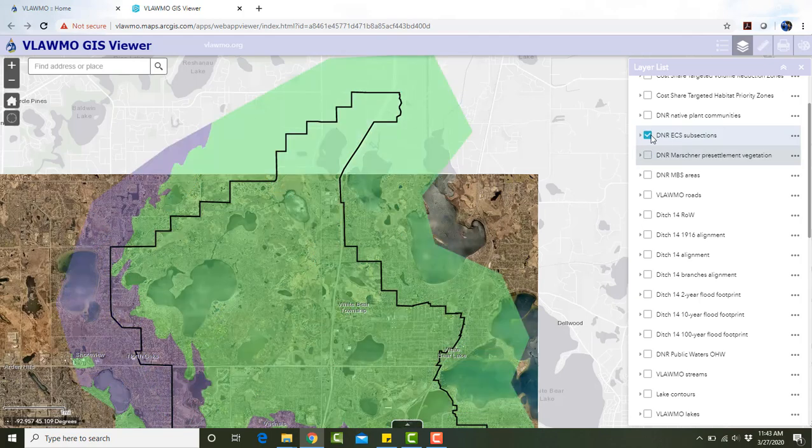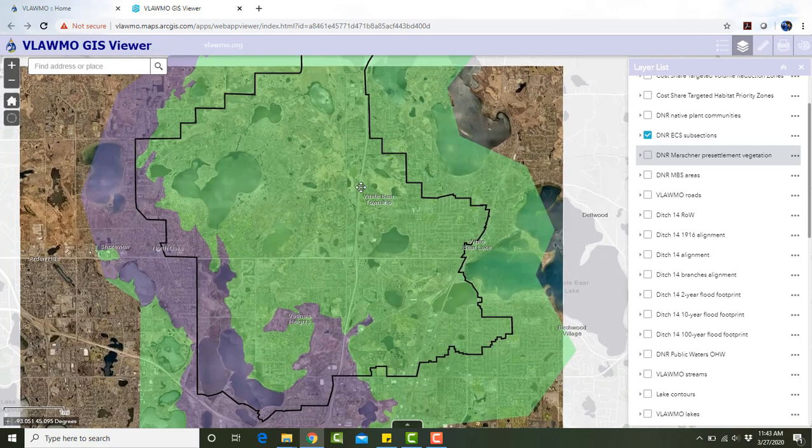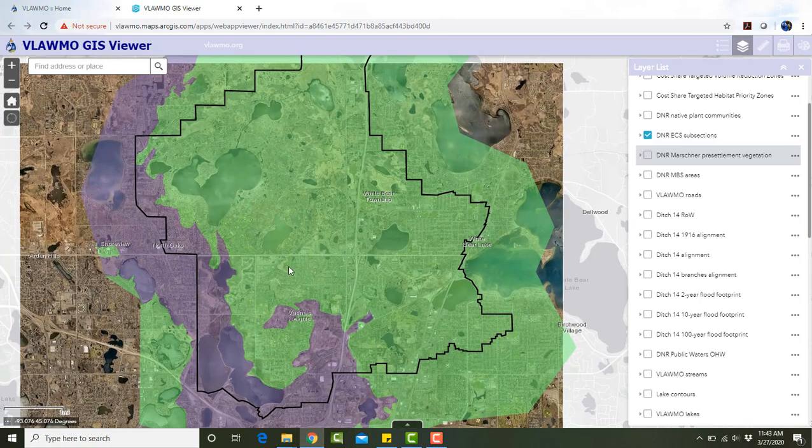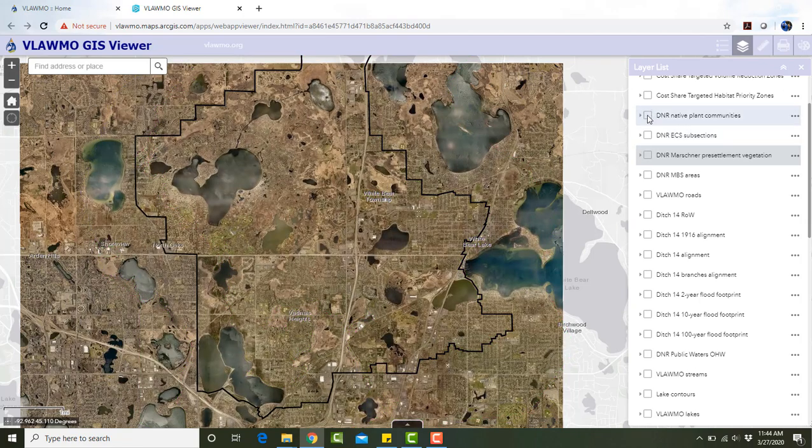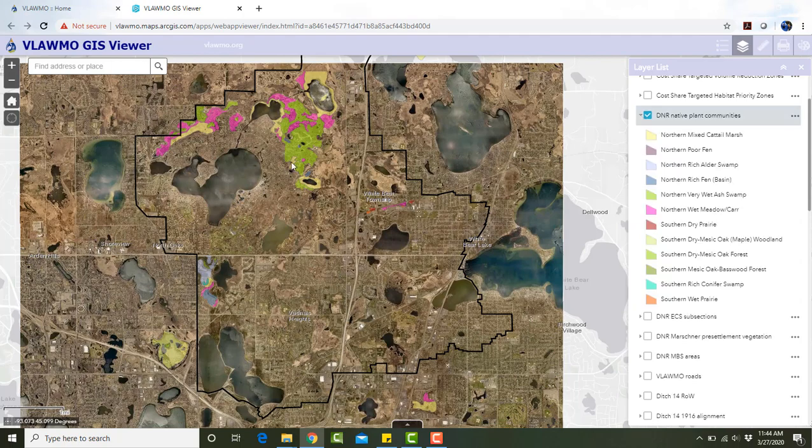The ECS stands for Ecological Classification System. There's 2 classifications in our watershed that takes into account lots of things from vegetation, hydrology, climate, soil types, geology. We have the native plant communities,